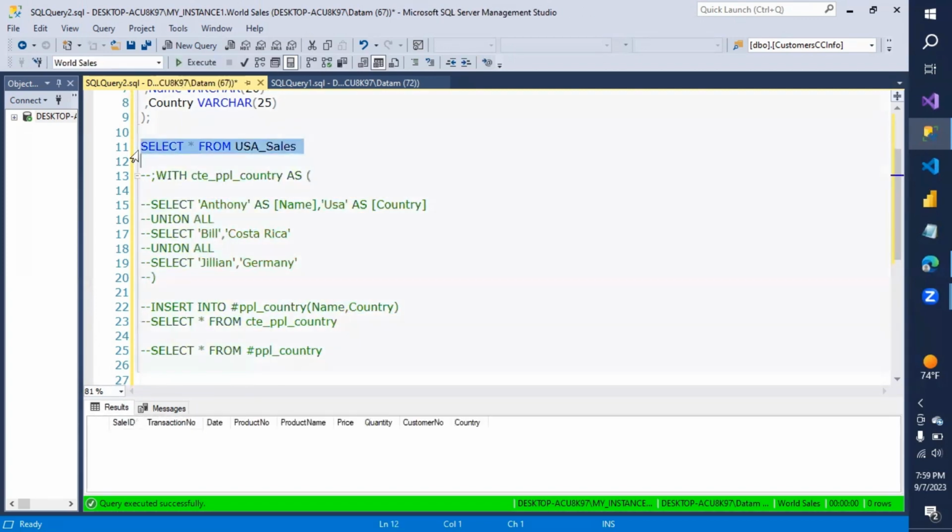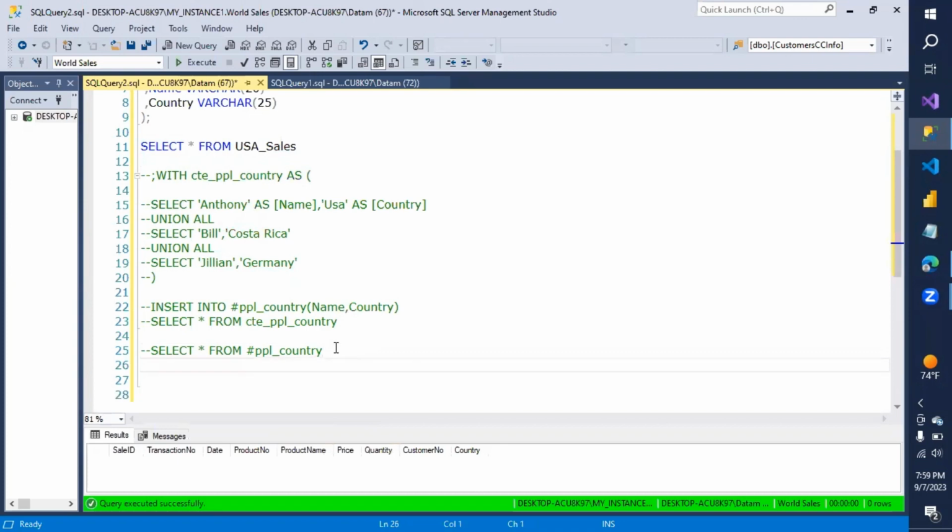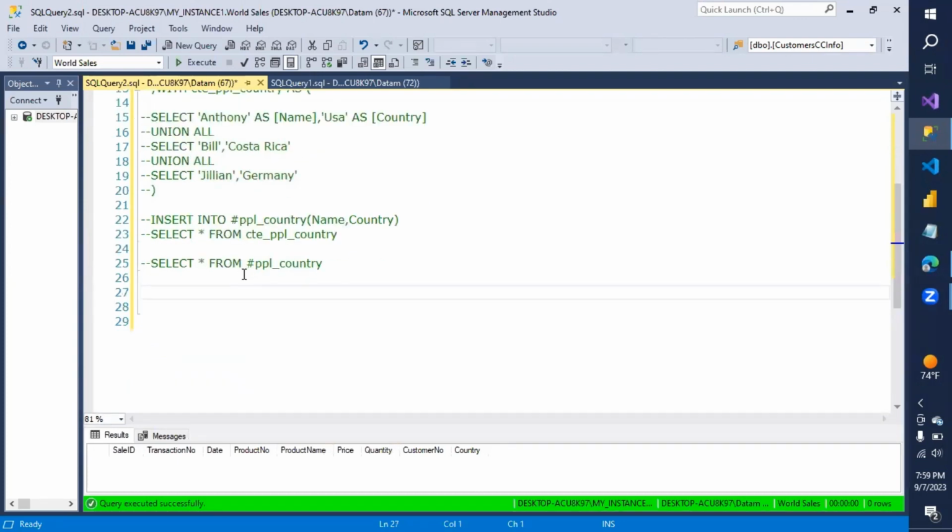Let's execute this USA table, USA sales. As you can see, there's nothing there. So now, excuse me, we're going to do WITH, we'll just say CTE USA AS, that's how you start a CTE off. We're going to do SELECT from,